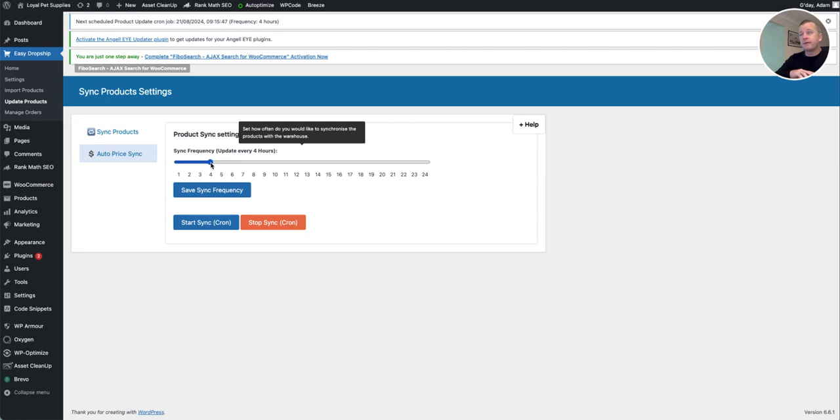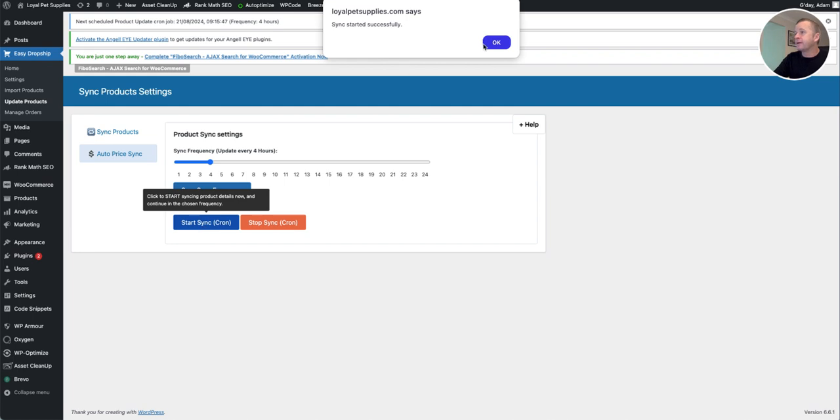So they've raised the price to $20 on the warehouse, but you're only selling it for $10. You're now out of pocket for $10. So there's no point in having that. Keep your website in sync with the warehouse, and that problem never happens. And then you can start. There we go. You can start that sync,